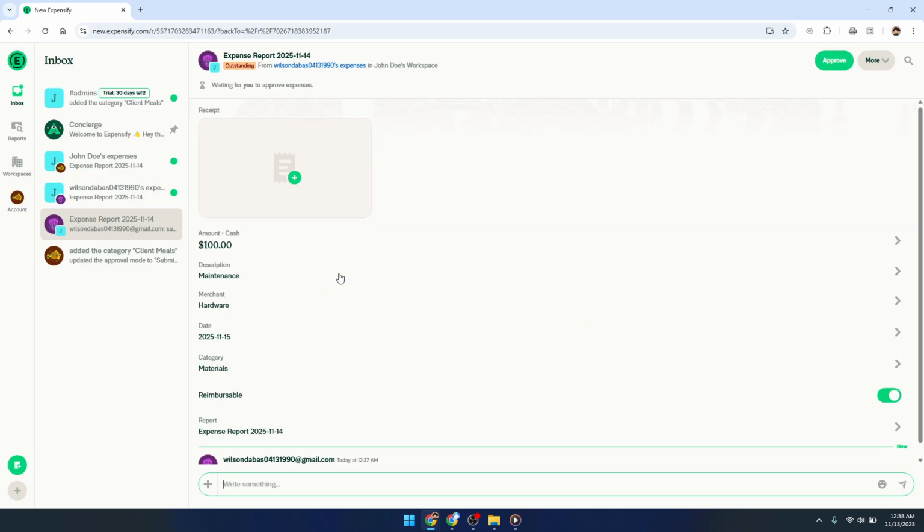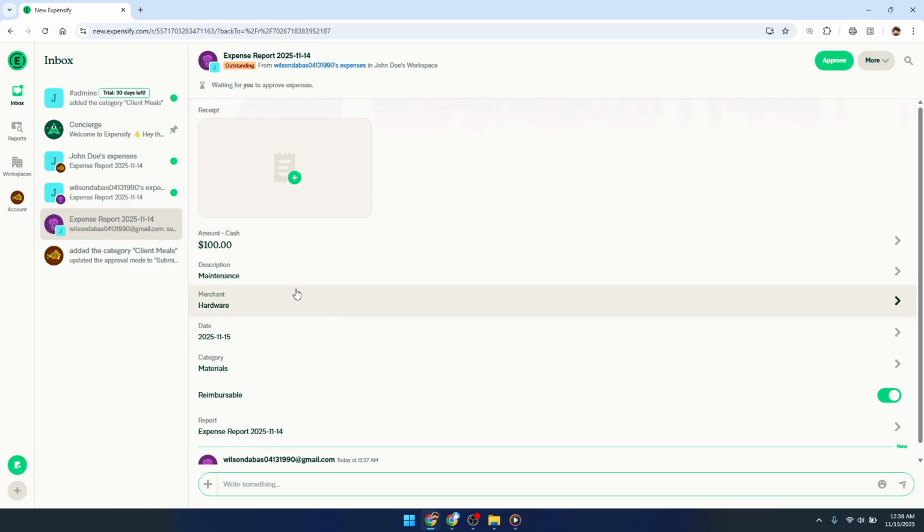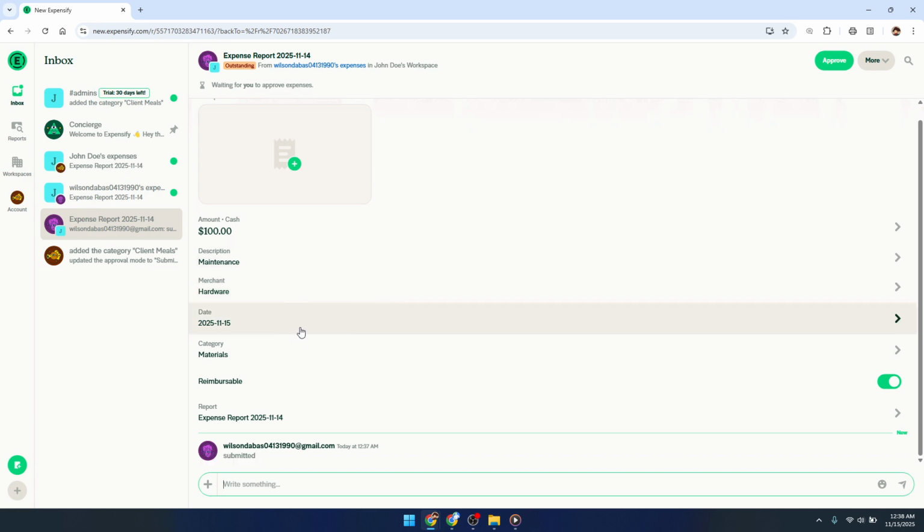Once you're in the inbox, it's time to dive deeper by reviewing the report. Click on the pending report that demands your evaluation. As you open the report, take a closer look at each expense item listed within it. Attention to detail is key here. Ensure that everything aligns with your organization's expense policies. Check for accuracy in amounts, ensure that receipts are attached and legible, and verify that each expense logically aligns with business needs. This thorough review process helps prevent any errors or fraudulent claims from slipping through, thus safeguarding your company's